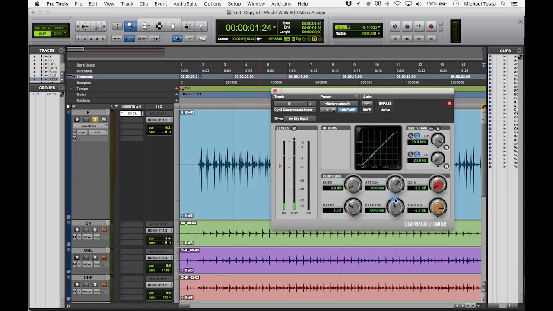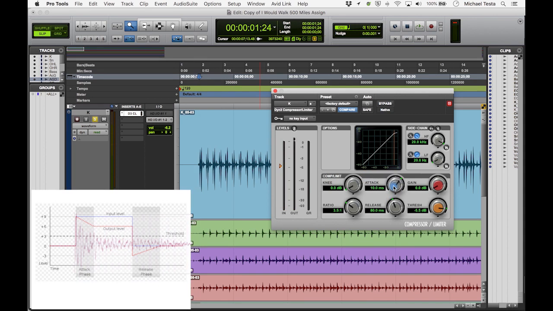Okay, next adjustment we have is the attack. The attack is how quickly this compressor is going to enact. So once it's above threshold, how long is it going to take to get to that ratio? So a quicker attack, say of 1 millisecond, will really make that compressor work quickly. A longer attack is going to make that compressor a little bit slower so that the attack gets through, but then it'll start compressing. So if we do something at, say, 1 millisecond because we want it to be really quick,